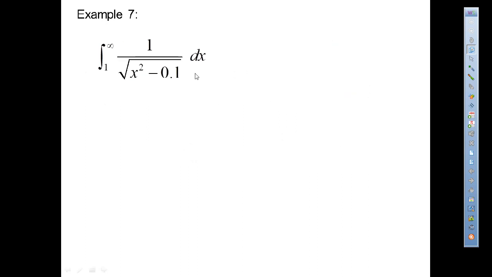All right, so what about this one? We've got the integral from 1 to infinity of 1 over the square root of x squared minus 0.1 dx. Does this thing converge or does it diverge? Well, we know that the square root of x squared minus 0.1 is less than x for all positive values